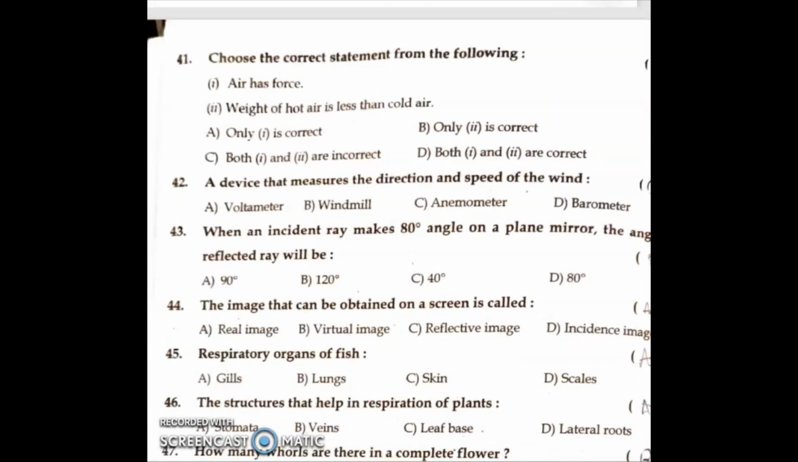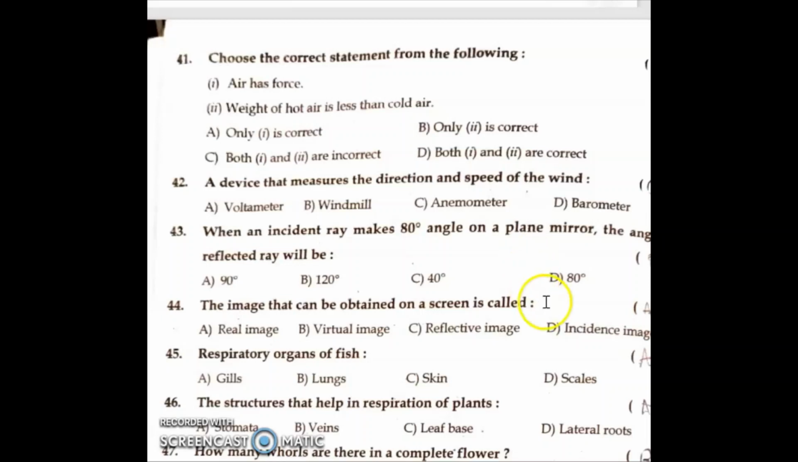The correct statement from the following. Air has force. Weight of hot air is less than cold air. Here the correct answer is D. Both 1 and 2 are correct. A device that measures the direction of the speed of the wind is C. Anemometer. When an incident ray makes 80-degree angle on a plane mirror, the angle of the reflected ray will be